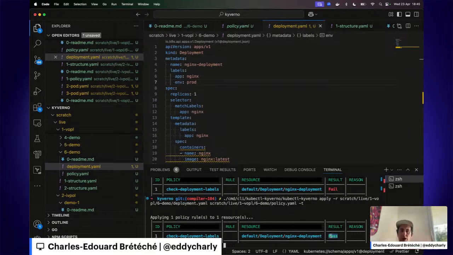So what we demonstrated here is how a validating policy can access resources and other information, image metadata, and other things.